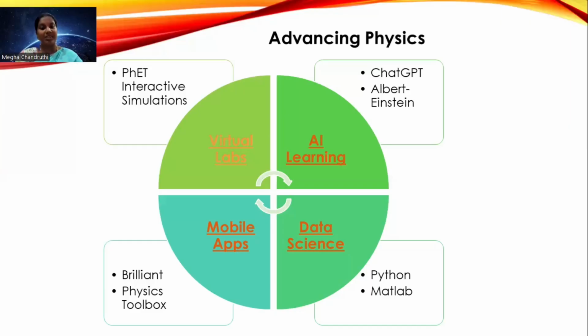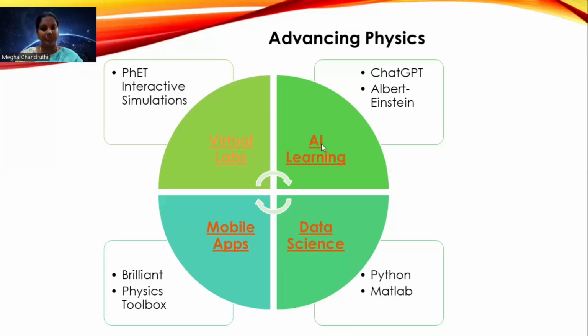But here in the Albert Einstein tool, there is one advantage, where you can have previous data. The same thing happens in ChatGPT also, but here this is particularly for physics only. You can use it only for physics concepts. In ChatGPT, sometimes you will get other, different meanings also. But in Albert Einstein, the exact meaning will be generated.